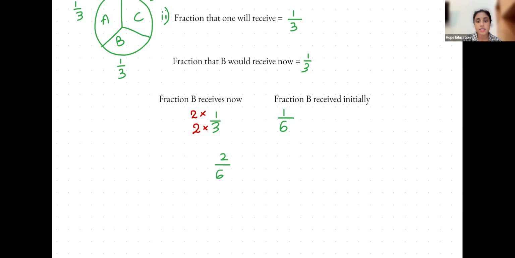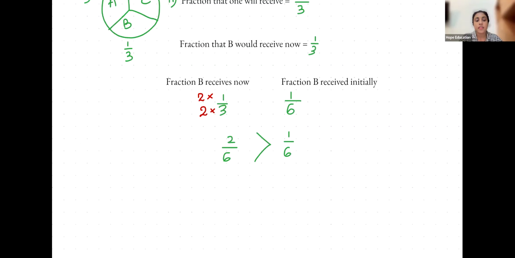Here 1/6. Now can you see it is true? Look. Now B has received 2/6. Initially B received 1/6. And definitely 2/6 is twice 1/6, right? And this is definitely greater than this. And also you can write, therefore,